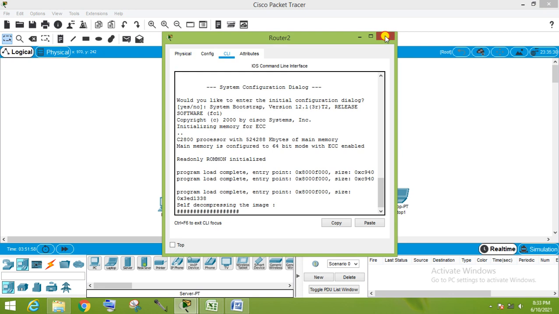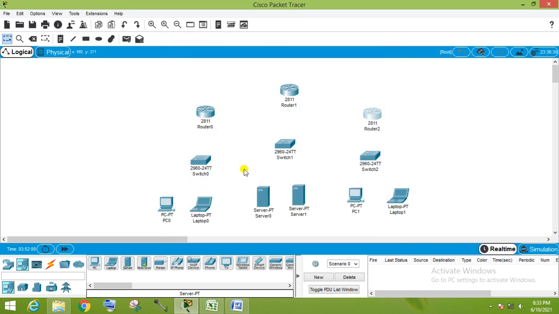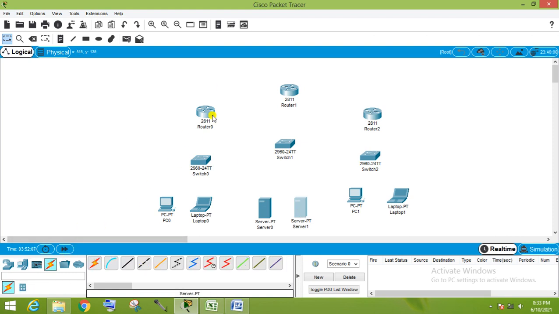Our routers are booted. Now we connect with our LAN cables. For the same device type we use these serial cables.